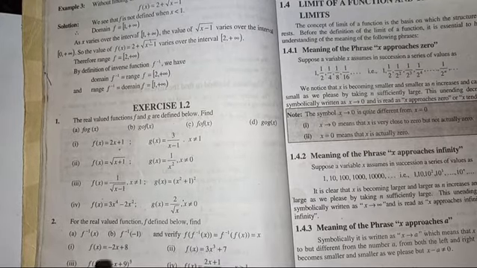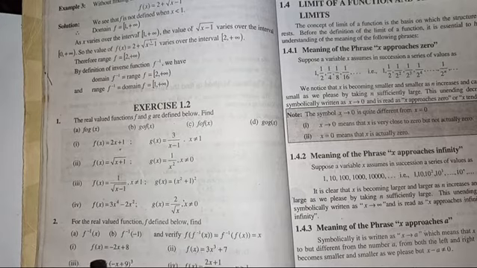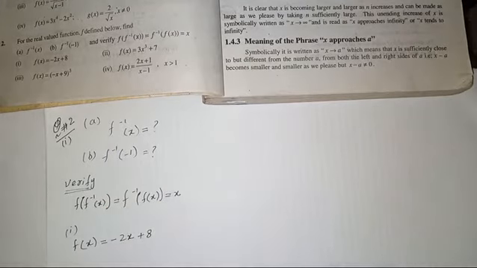For the parts of the question, there are 4 parts. In first part, first of all we will solve first part, that is f of x is equal to minus 2x plus 8. In first part of question number 2, f of x is equal to minus 2x plus 8. To solve this part, first of all I am going to calculate a, f inverse x.